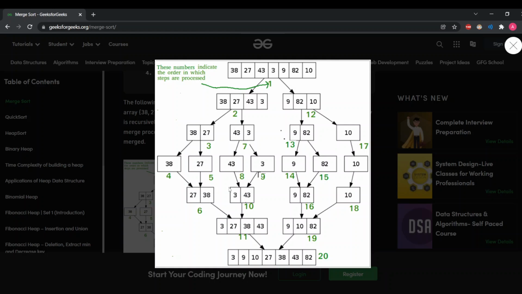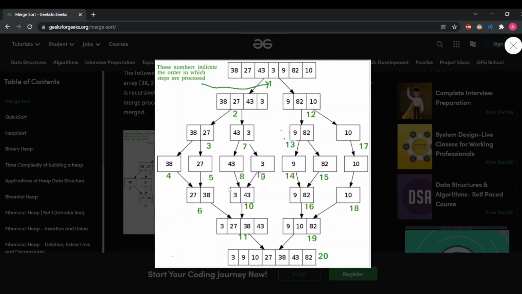Now we will see the second phase, the merging phase, the most important phase of the merge sort algorithm. As we have single elements, we'll start merging and comparing. Firstly, as 27 is less than 38, 27 will come first and 38 will come after 27.